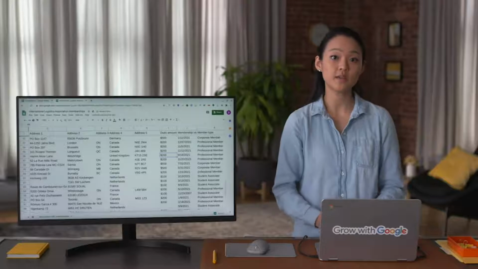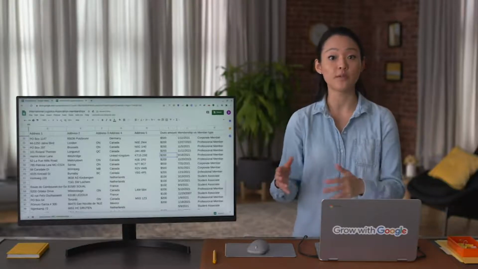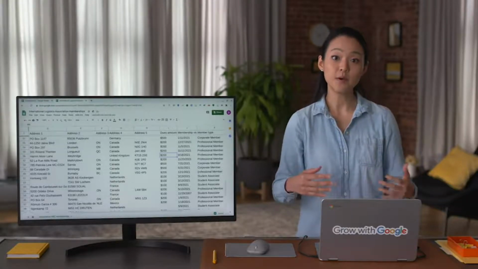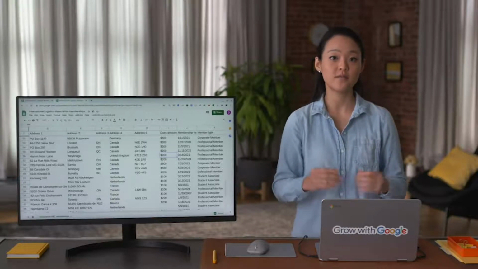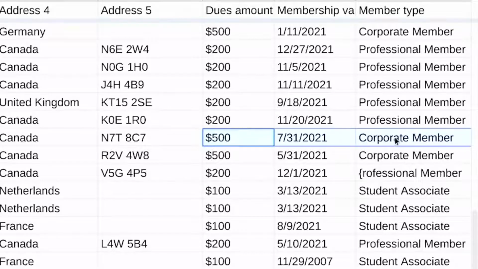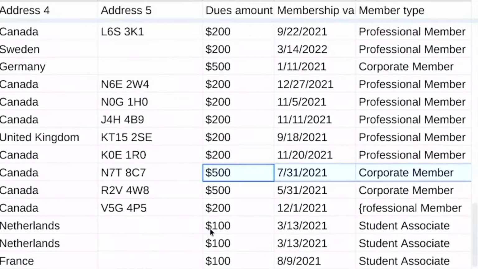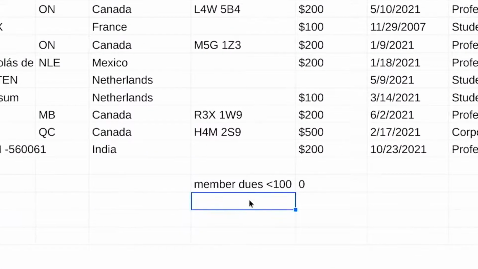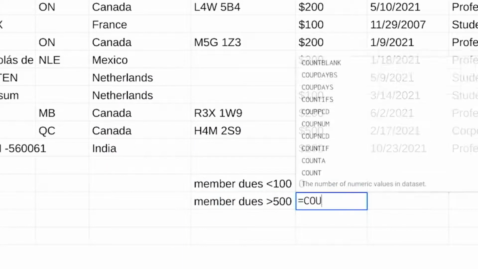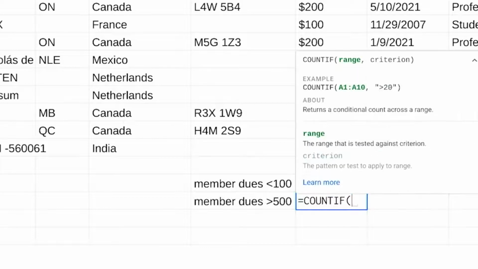Now, we'll use COUNTIF to search for any values that are more than we would expect. The most expensive membership type is $500 for corporate members. Type the function in the cell. This time it'll appear like this.